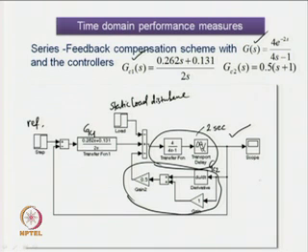What will happen when GC2 equals 0? When GC2 is equal to 0, obviously, the unstable time delay process will be subjected to a PI controller in the feed forward path, and we may or may not get a stable output. That we shall see after analysis. Let us first assume that GC2 is equal to 0 for the time being and do the analysis of the